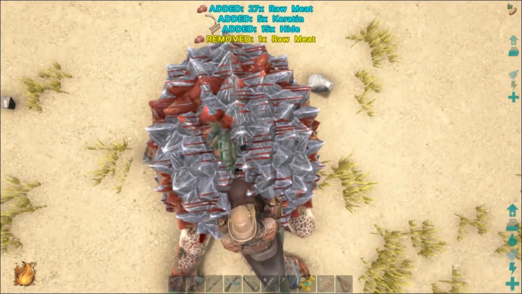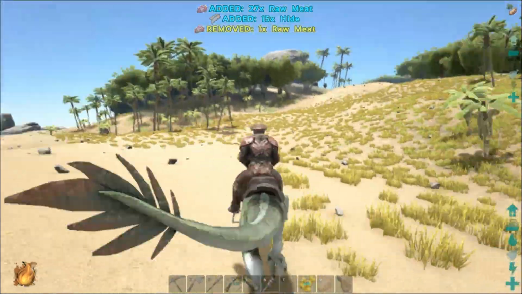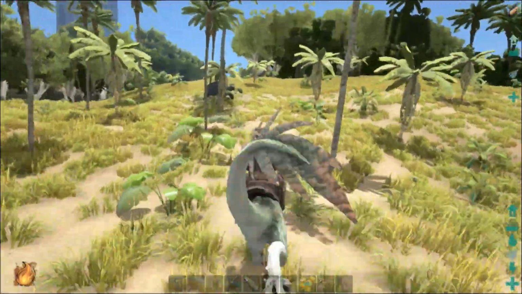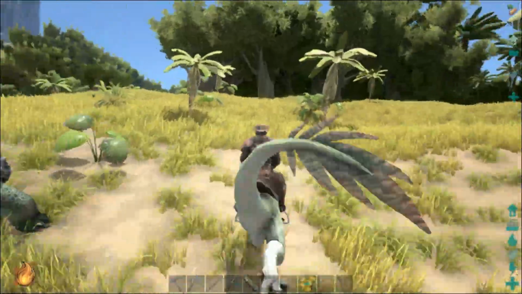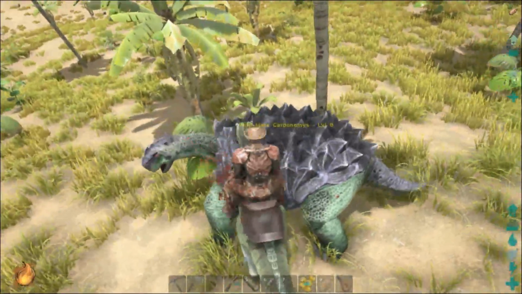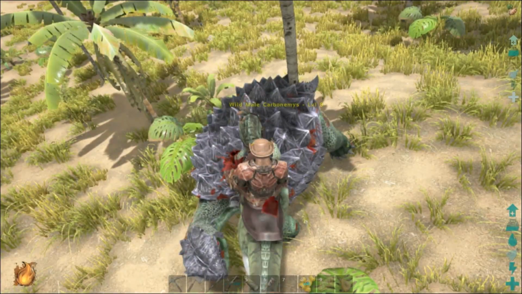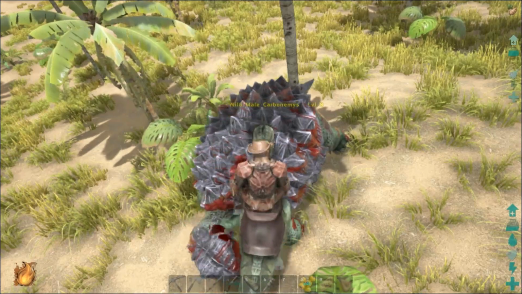It helps to be on your raptor. Now, early game when I had a pack of raptors, my thing was I would jump off the raptor and help fight it. Problem is sometimes you're going to hit your raptors, your animals. But these guys are a great way to